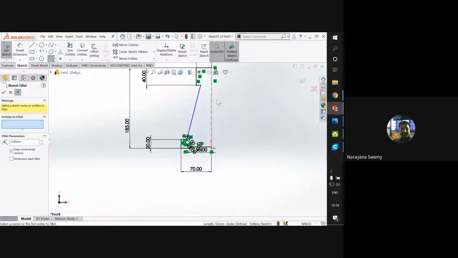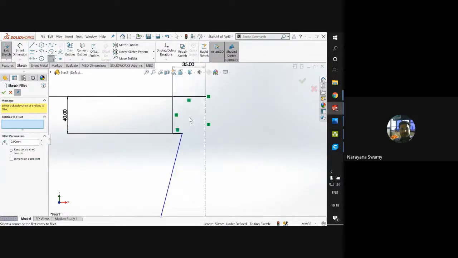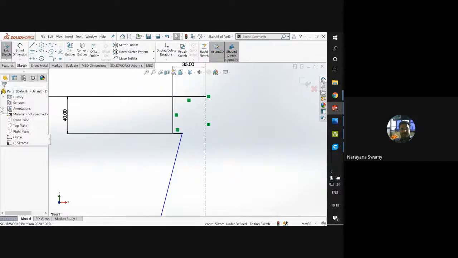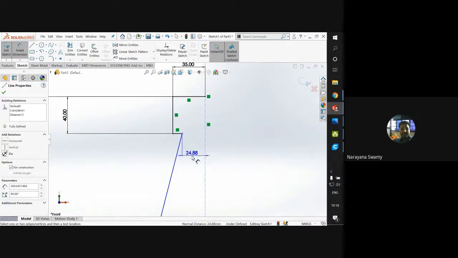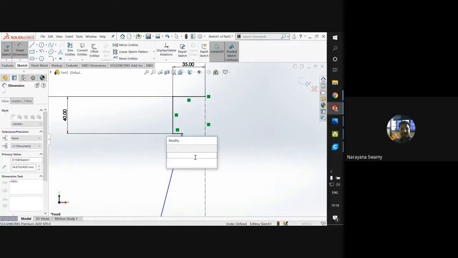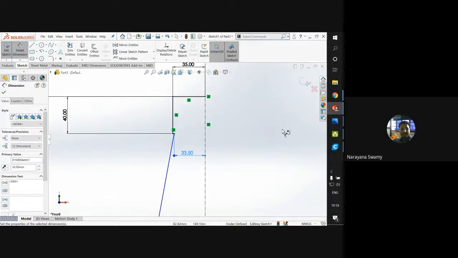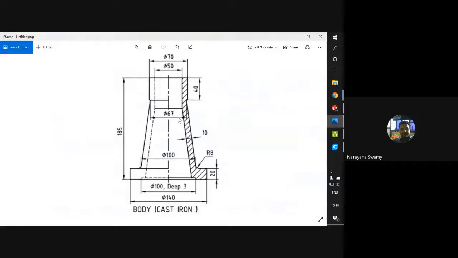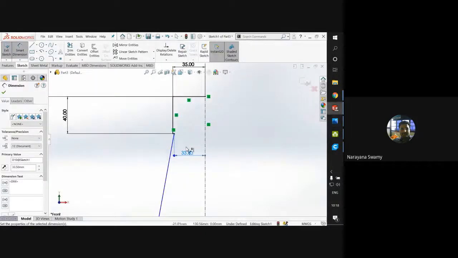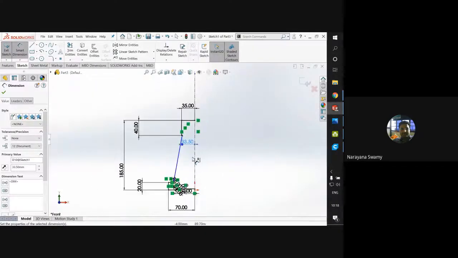Instead of giving 3 mm and all, what we can do here is go to the smart dimension, take this point and the center point. It's 67 divided by 2, so 33.5. You can see, 67, so 33.5 we have taken. So this is how exactly we can do the modeling.